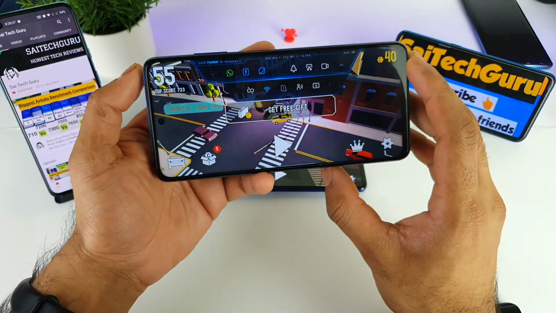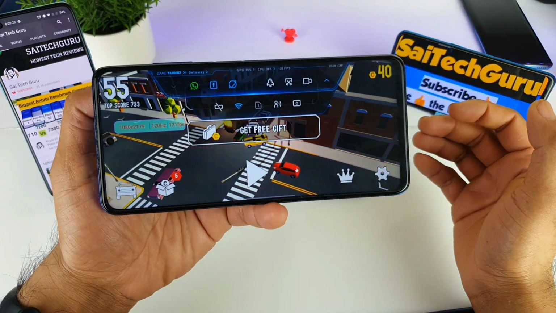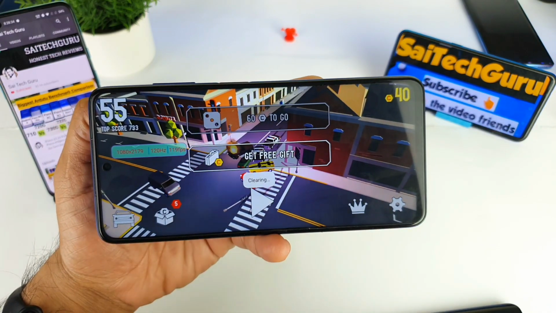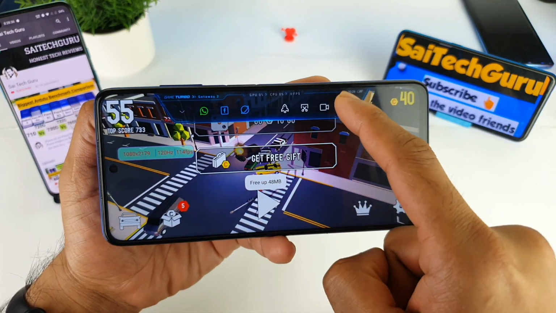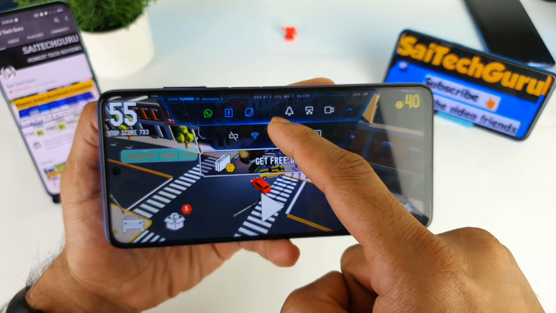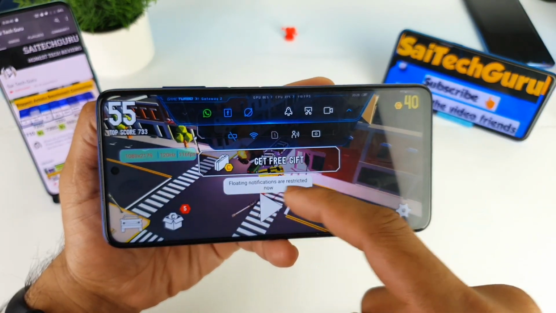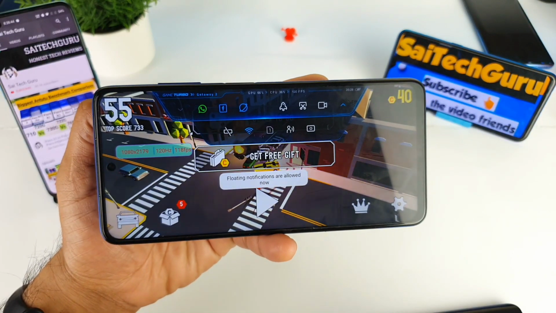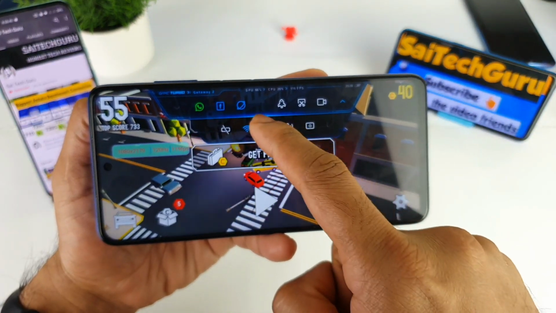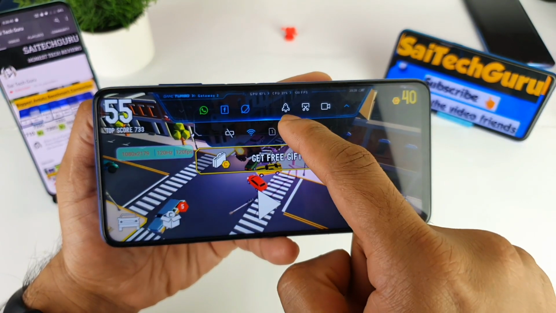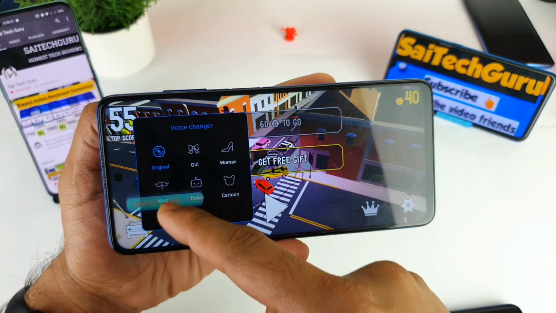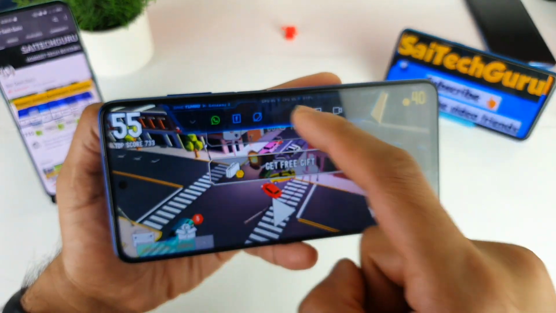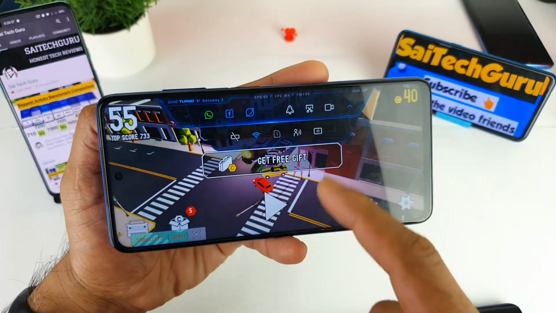And next are all the shortcuts for screenshot and screen recording, and speeding up as well. You can speed up by clearing the RAM as well. And next, in the bottom, you do have this kind of Wi-Fi signal option, and the floating notifications are restricted as well, so you won't get any notifications. That's a good thing. And next, you can enable the SIM card which you want to use. And next is the voice changer. So here you can enable the voice you want to have. That's a very good advantage. In every game you can choose this kind of voice changer.